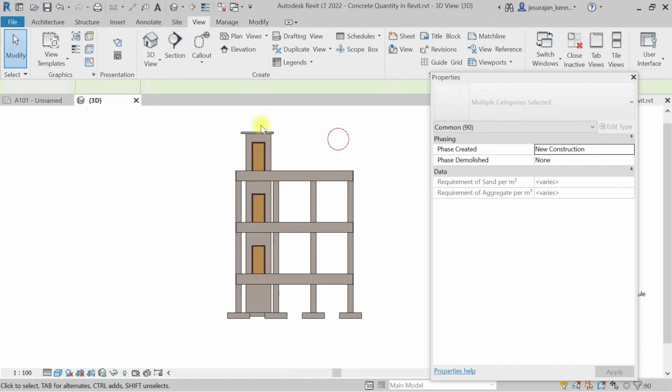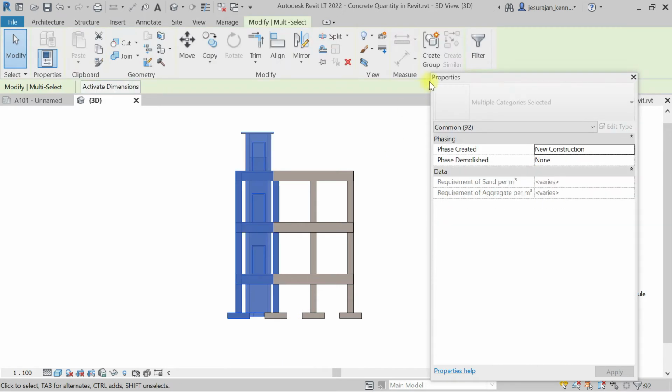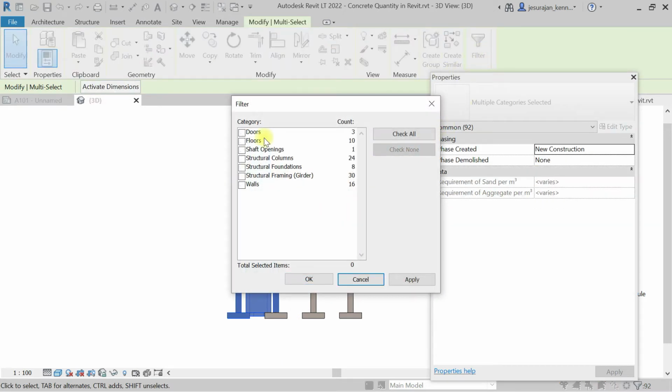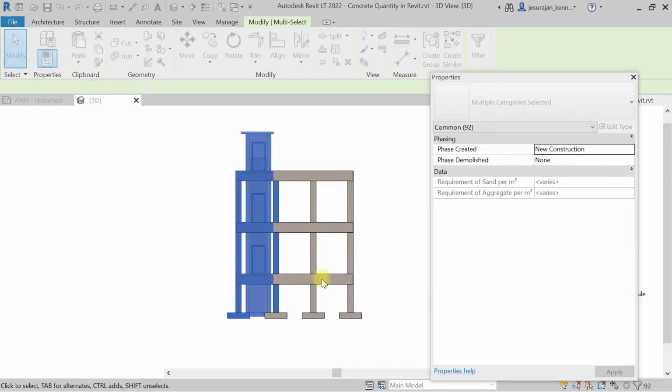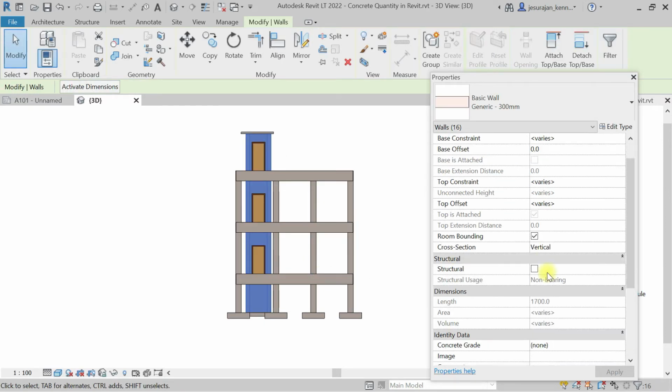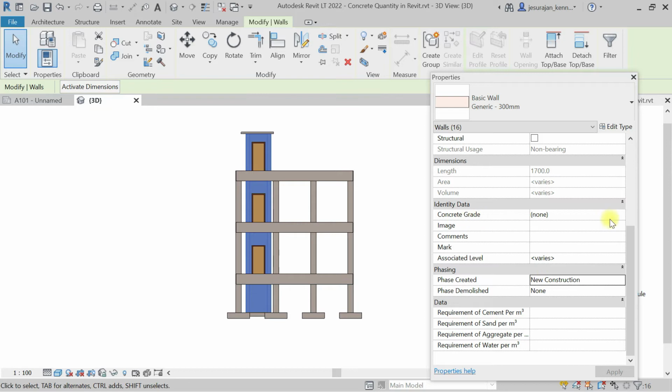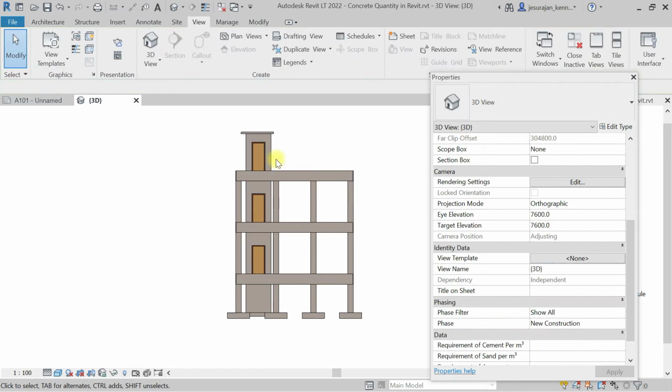So wall I have to select everything, filter, check none, say wall and say OK. Concrete grade, select M20. So here you can see the values. I think I have selected everything. So from this side,